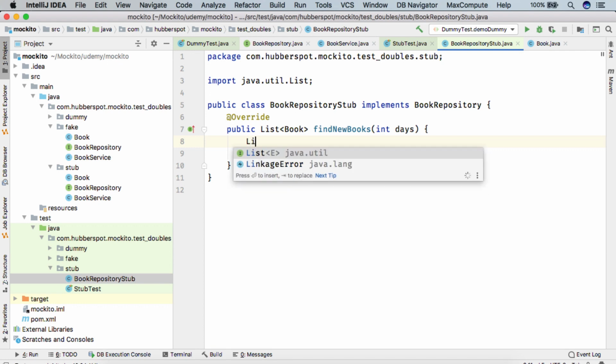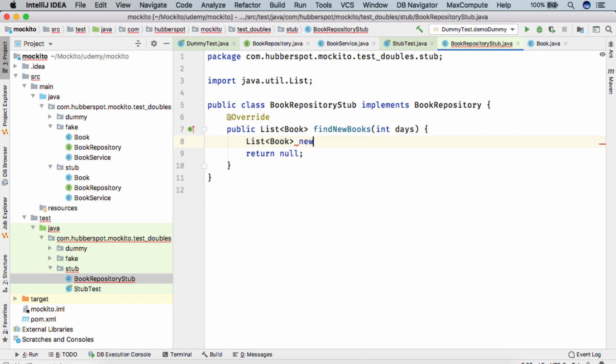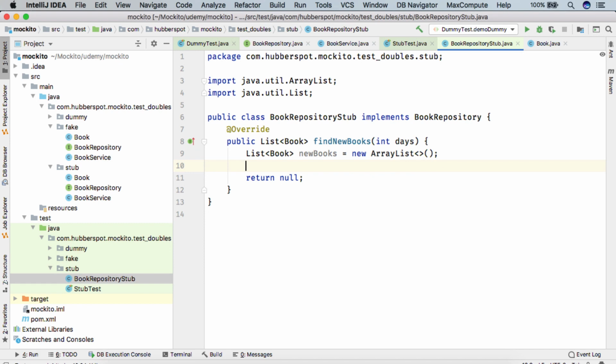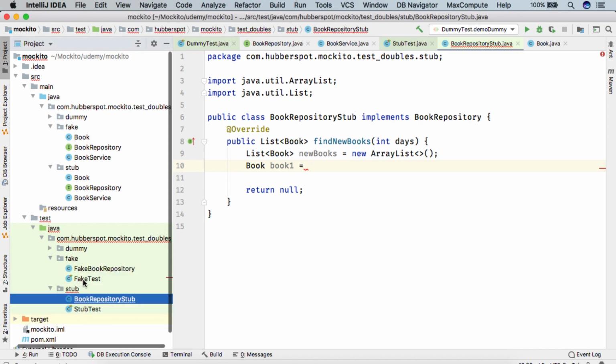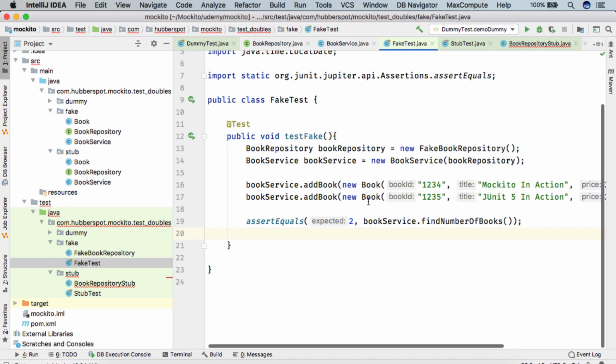So here we'll simply create the hard-coded new books. Let's say we create 2 books, and if we go to the fake test class which we created earlier, here we have created these 2 books.